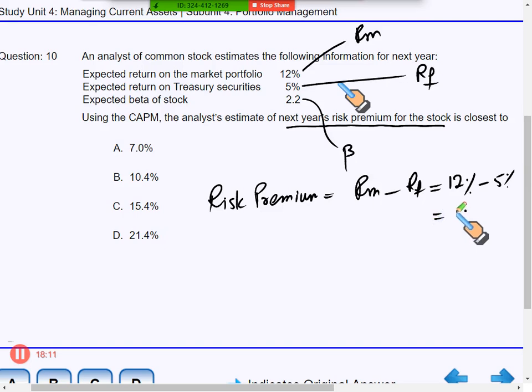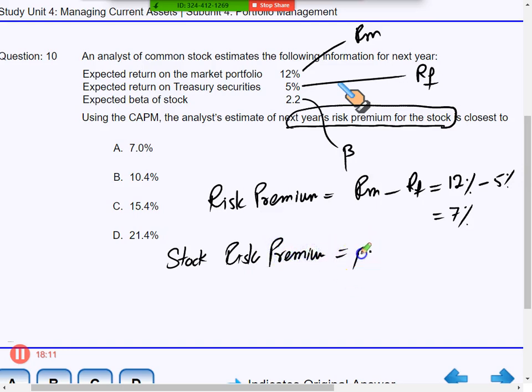Unfortunately, that's not the answer. Apparently 7%, but that's why. Because it didn't ask for the market risk premium or just risk premium. It says the analyst estimated the next year's risk premium for the stock. So it is not the risk premium or the market risk premium. It is basically that specific asset's risk premium, that particular stock's risk premium. When you say a particular stock, particular asset risk premium, it has to be adjusted for beta. So it's going to be beta times RM minus RF. So you have to be very careful on the exam because 7% is there, but that unfortunately is the incorrect